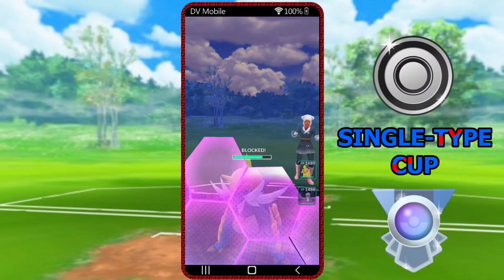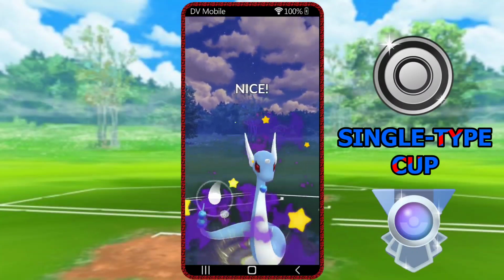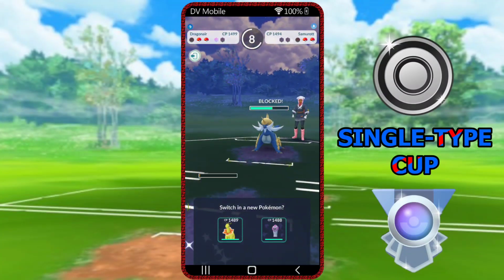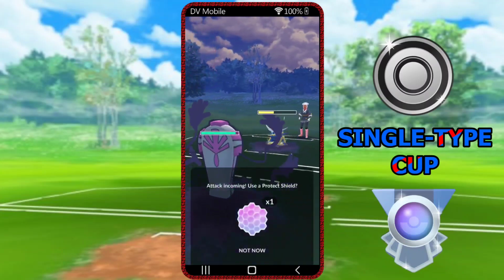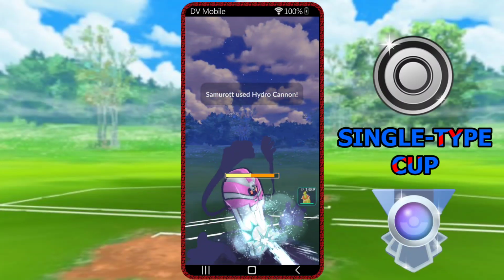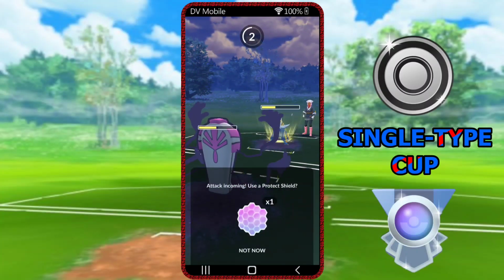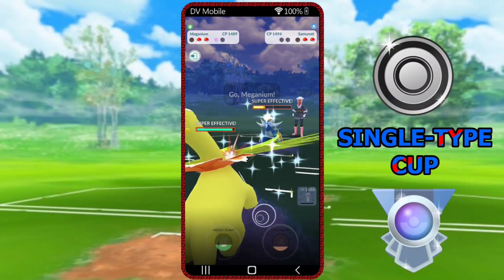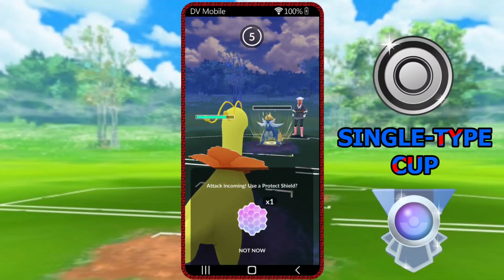Now, a big part of this team revolves around taking advantage of one major flaw in the single type cup meta, and that is that flying types just aren't here. There aren't any pure flying type Pokemon that can get in this cup. I think the only pure flying type Pokemon currently in Pokemon Go is Tornadus, and you can't get that thing below 1500 CP. So you don't have to worry about flying type whatsoever, and this creates two distinct advantages